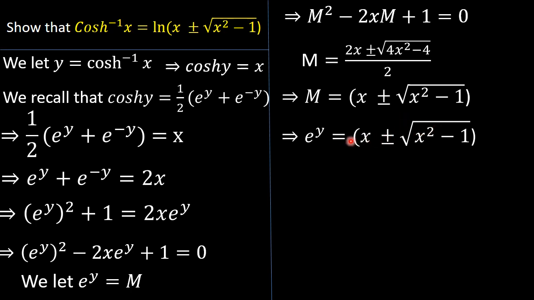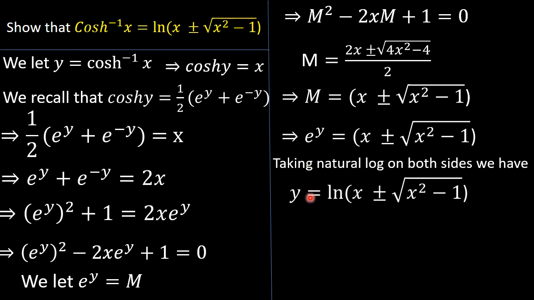Great. Now guys, in this case we simply take the natural log on both sides, because keep in mind that we are solving for y, right? So if we take the natural log on both sides, we are simply going to have y, because the y comes down, to be the natural log of x plus or minus the square root of x squared minus 1. Great. So this is what we have, guys, but don't forget that our y is what? What is our y in this case? Our y is cos inverse of x. Great. That therefore implies that